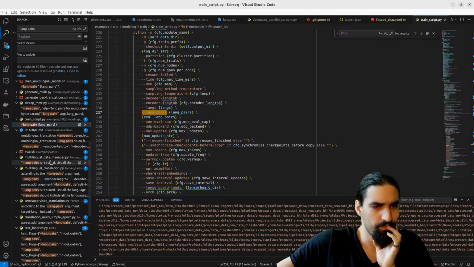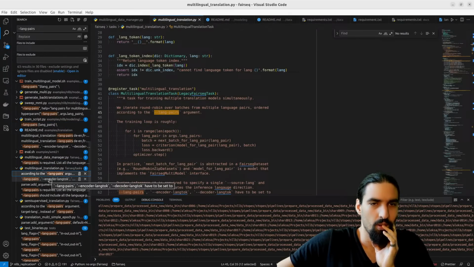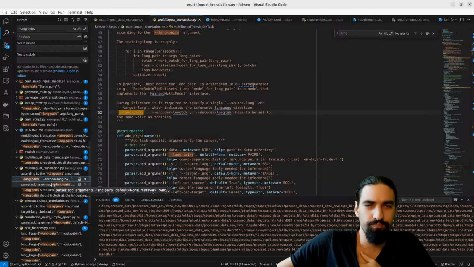Okay. We train round robin over batches from multiple language pairs, ordered according to the language pairs argument. In training order.